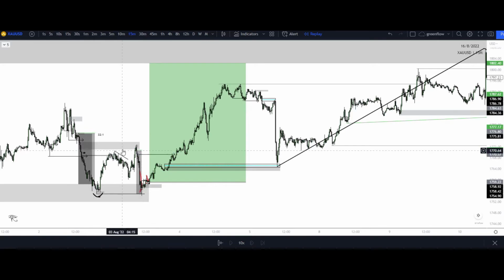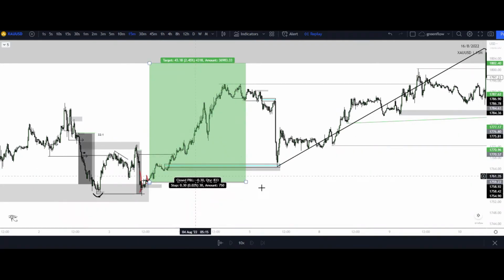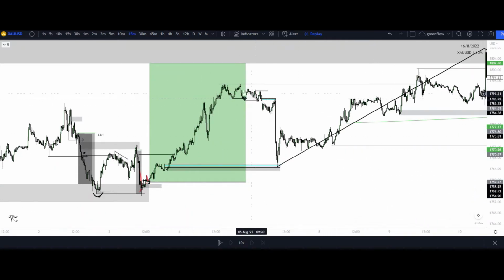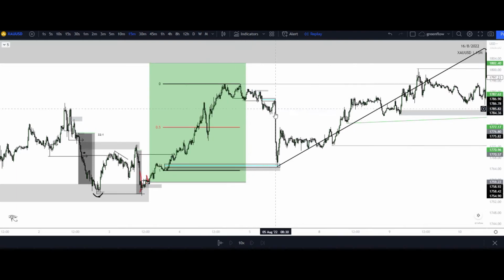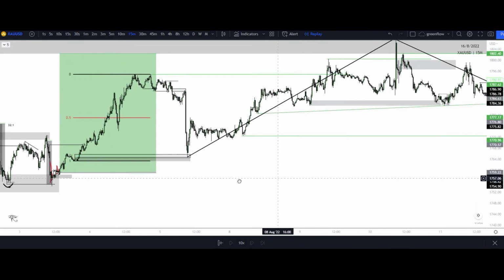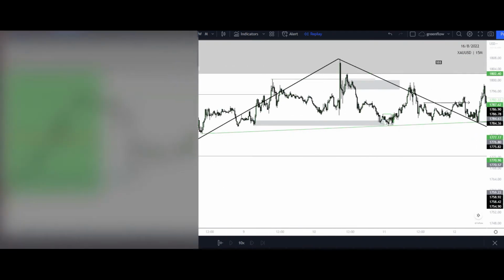We saw a break of structure to the upside right here after we raided liquidity to the downside. Break of structure. What sponsored that? This reaccumulation right here. So now that I'm given this narrative, as far as a large move to the upside, as well as we do our premium and discount from that low that caused a high on another break of structure, we're still in discount of the range. We're still mitigating demand. We're still respecting this low that caused a high. So we can still see higher prices overall.